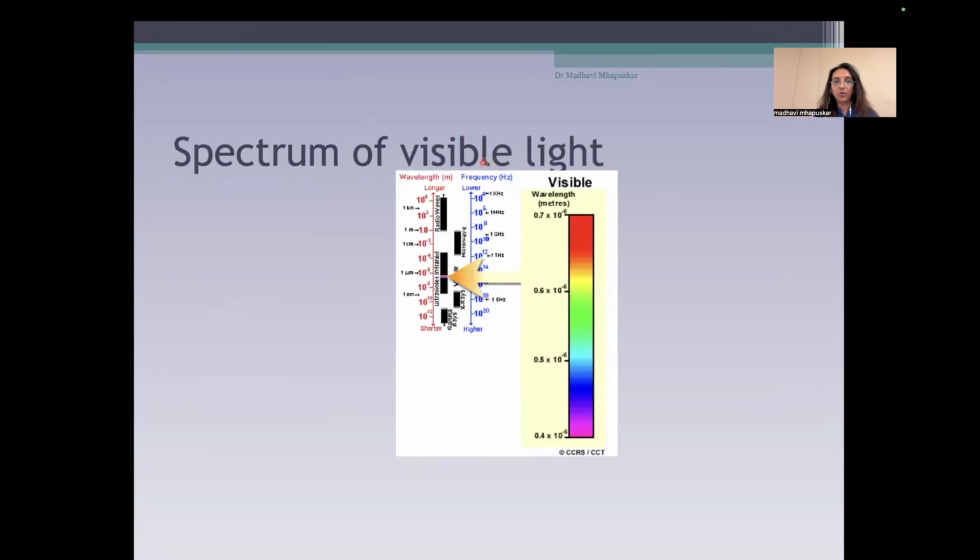So this is the spectrum of visible light, 400 to 700 nanometers. You have radio waves, infrared, ultraviolet, gamma rays. These are not visible. What we can see is only between 400 to 700 nanometers.